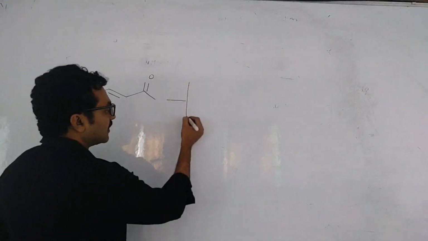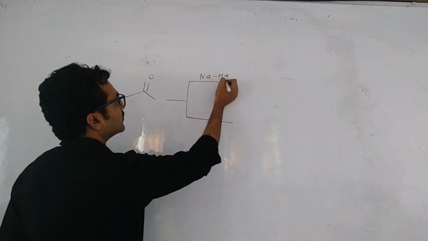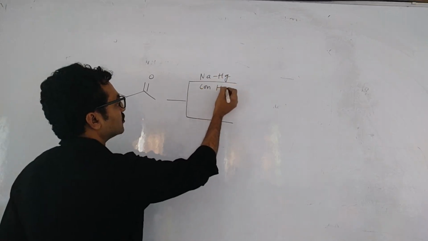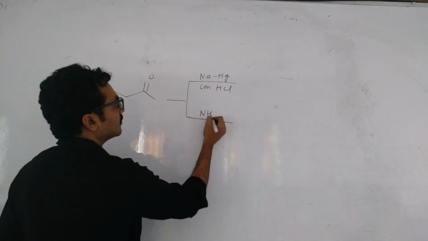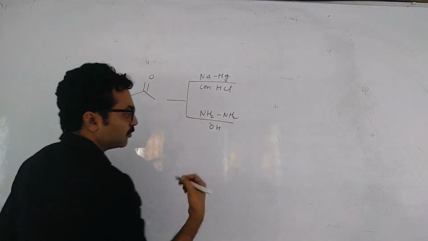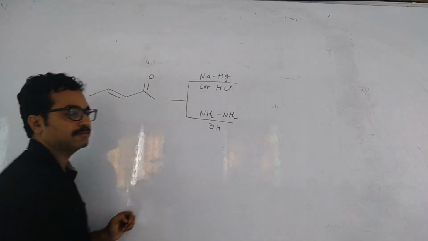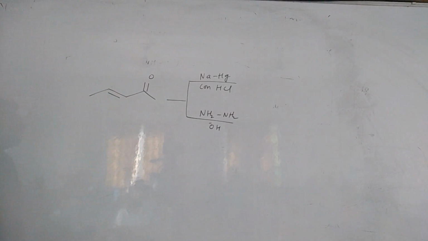Now, I have taken one Clemmensen reduction, children. Sodium amalgam in concentrated HCl. You can use it, but the product will be different. Why can't we use it? If you use it, what happens? Reaction won't happen, or what happens? The reaction will take place, but the desired product you won't get. Whatever you expected, that product won't form. Yes, tell me A and B. Here, what happens in A and what happens in B?